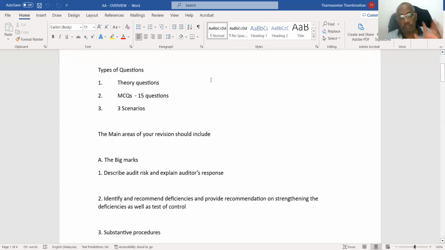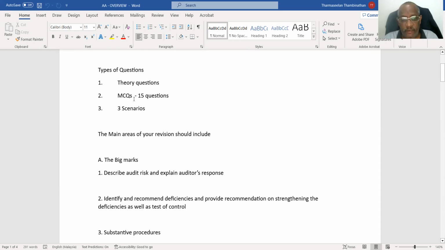Now, you've got three types of question: theory questions, which at times are not even connected to the scenario questions. It can be connected, it may not be, but the examiners seem to want to connect everything to scenarios. The ACCA exam is moving towards a very practical approach. So memorizing a lot of points is not going to be useful. You're going to get 8, 9 marks here.